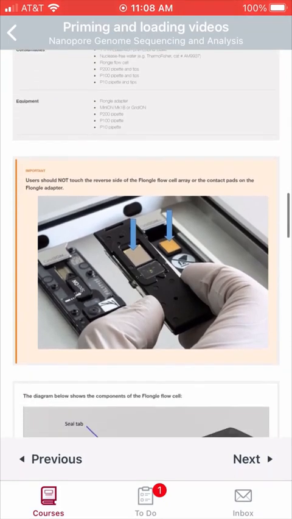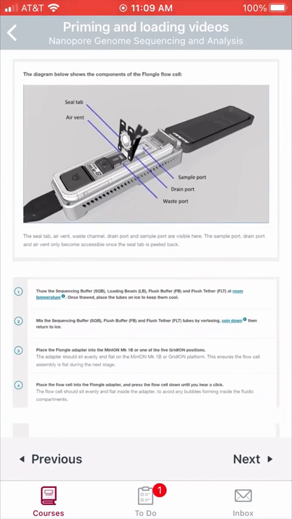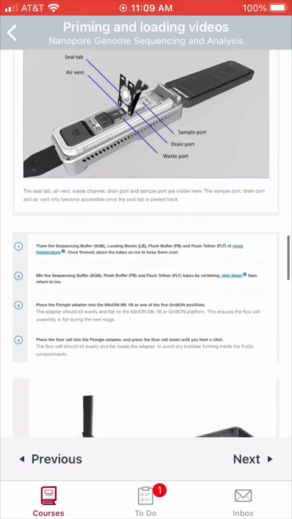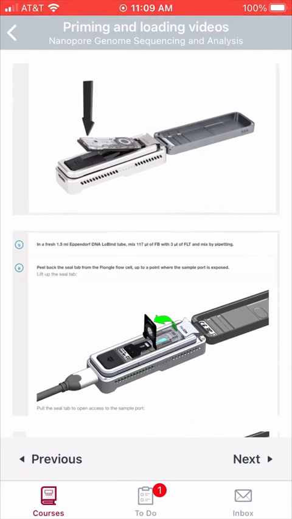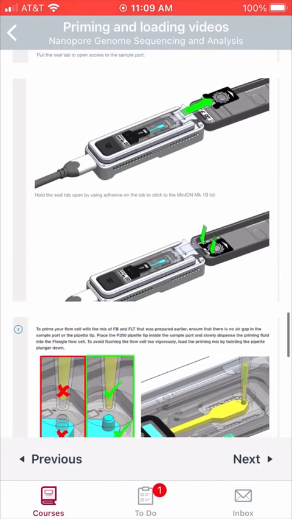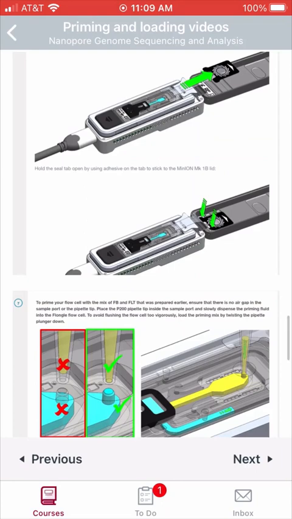All right, so what you're seeing here, I just showed you one of those. I didn't show you the other MinIT device. What you're seeing here is instruction from the company on how to do the next step. What needs to happen next is the Flongle flow cell needs to be placed into the device like you see here. The tape needs to be pulled off and the flush buffer needs to be added, 120 microliters of it. So you're seeing the tape being pulled off of that, the instructions, pushed against the lid, and then below